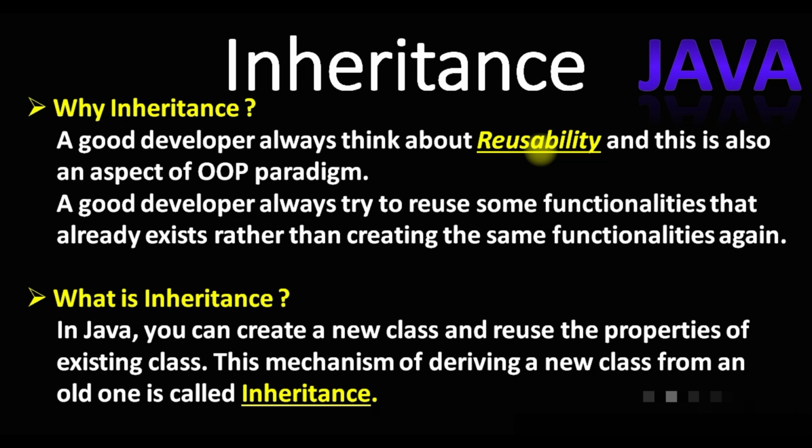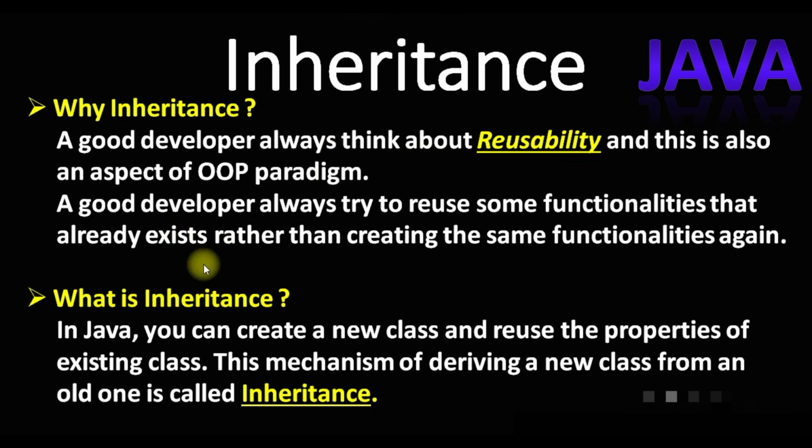What I mean to say is, let's say you have created a class with some functionalities and some properties, okay, and now there is another chance to create another class where you have to rebuild the same functionality. Instead of rebuilding the same functionality again and again, you can reuse the existing functionality which you already implemented in another class. This type of reusability is always a good sign for a good developer, okay, and that's why